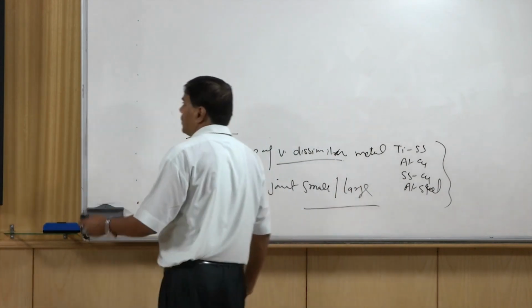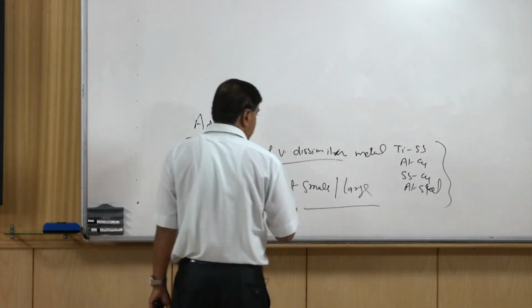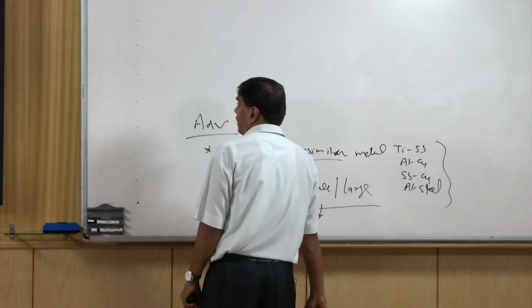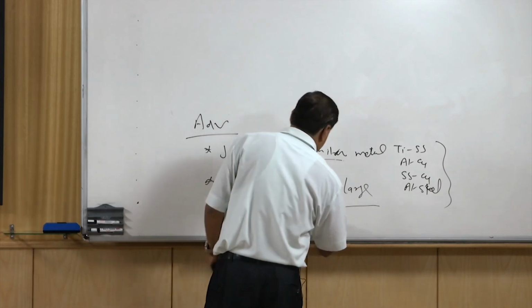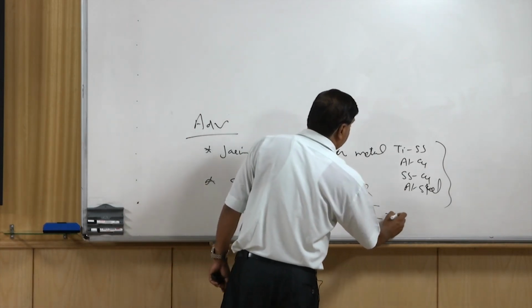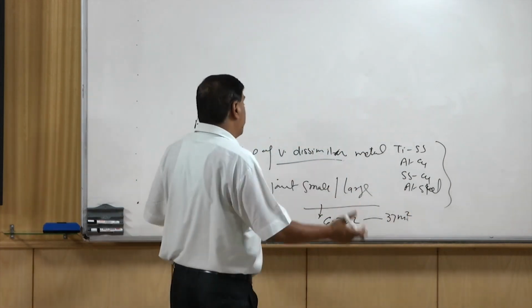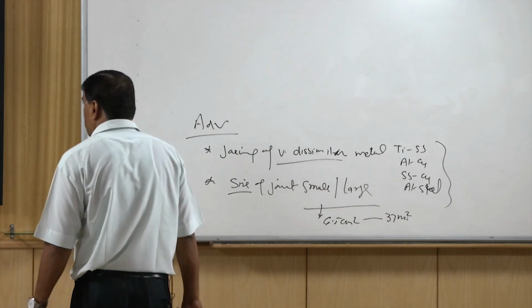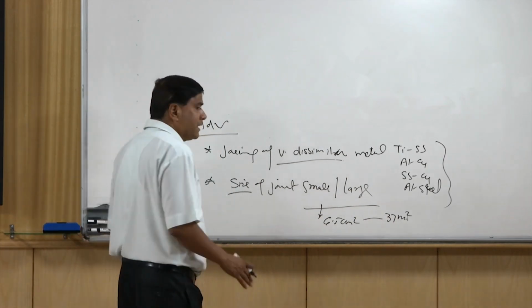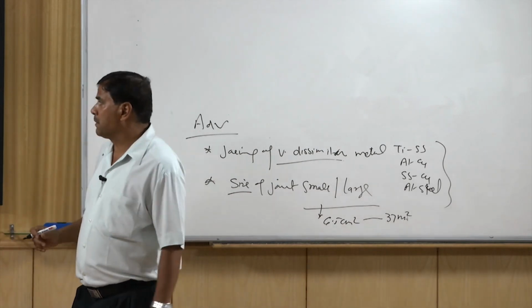So, this is one which can be highlighted from the large size range of the joints, starting from say 6.5 centimeter square to 37 meter square. So, very large size joints also can be made using the explosive welding. Technically, there is no upper limit on the thickness of the joint which can be made using this process, and